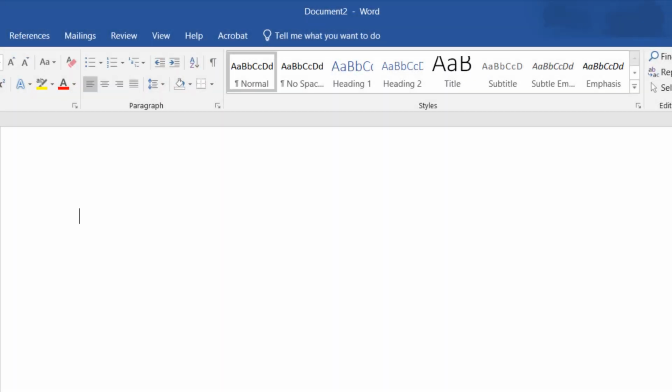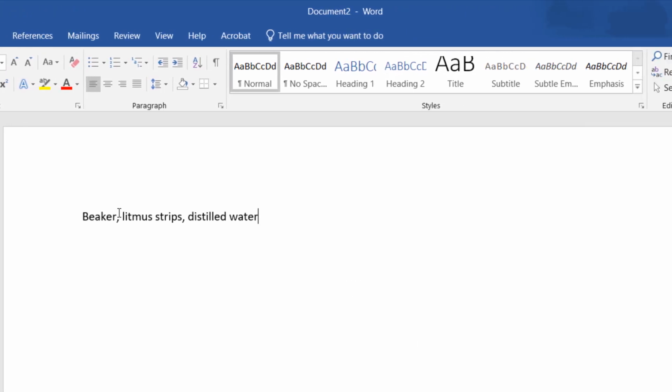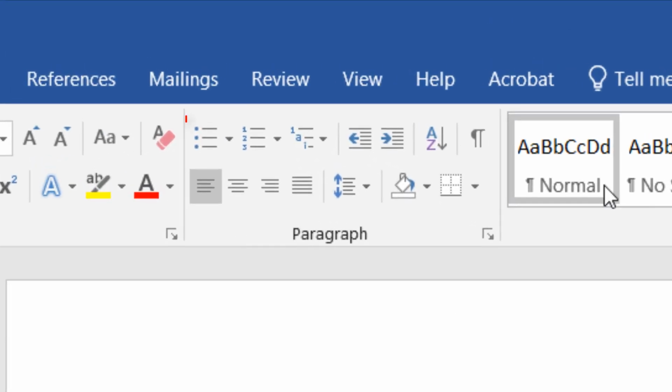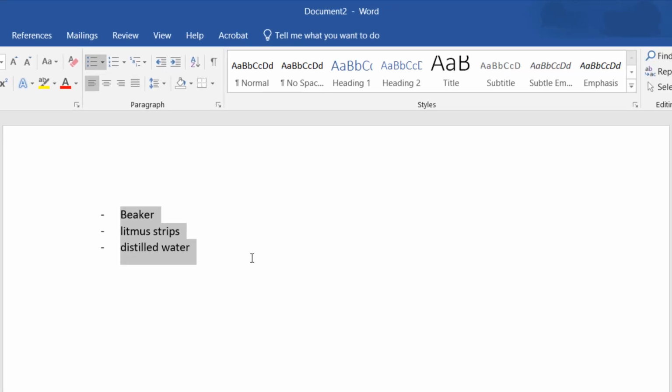The easiest way to do this is to ensure you choose the correct button for a list of items. Let's say you have a list of lab equipment like this. If the order doesn't matter, it should be an unordered list. Make sure you're in the Home tab in Word, then put each item on its own line, and click the Bullets button in the Paragraph section of Word. You can also click the Bullets button first and then type each item, hitting Enter after each one if you would rather. Either way works.